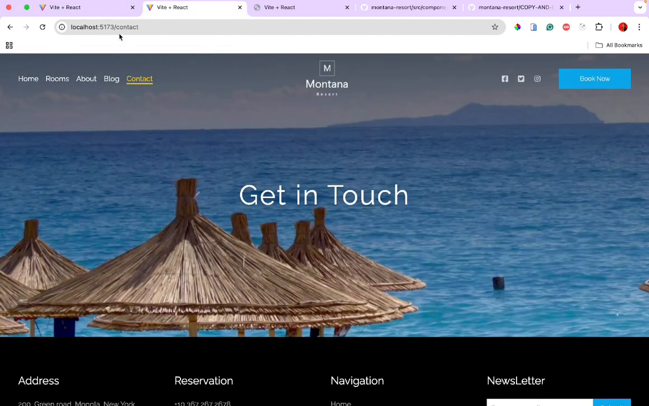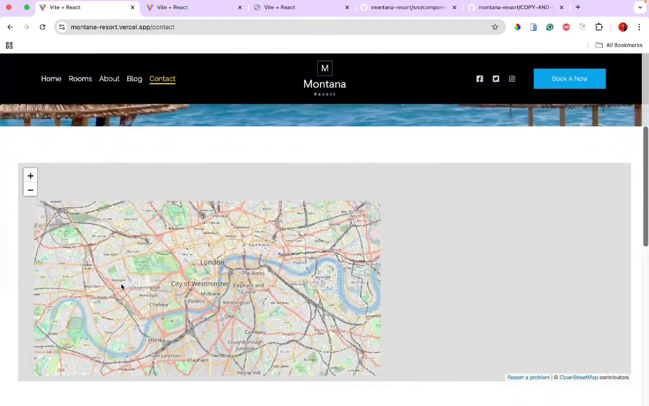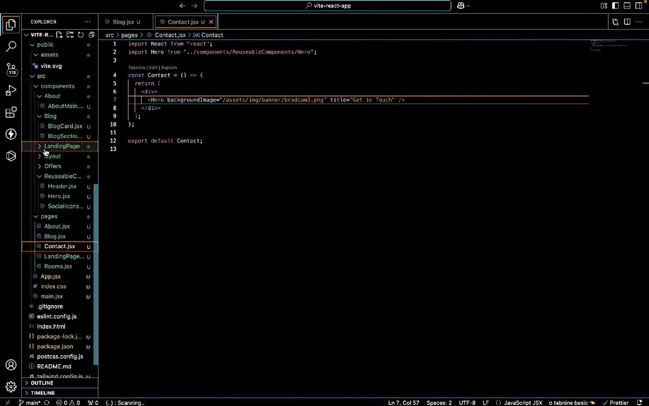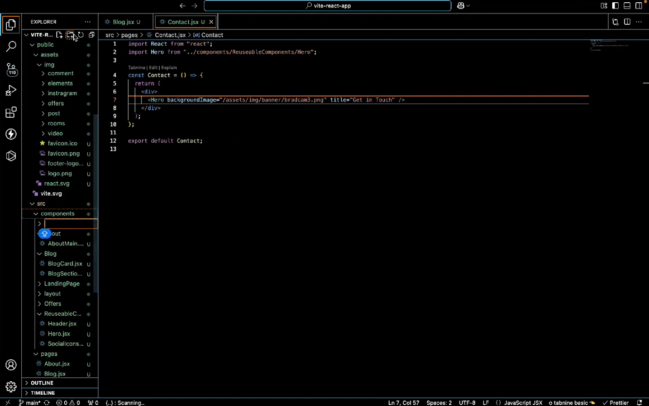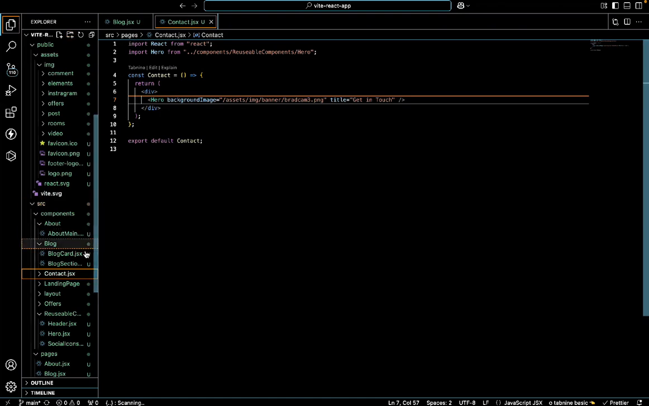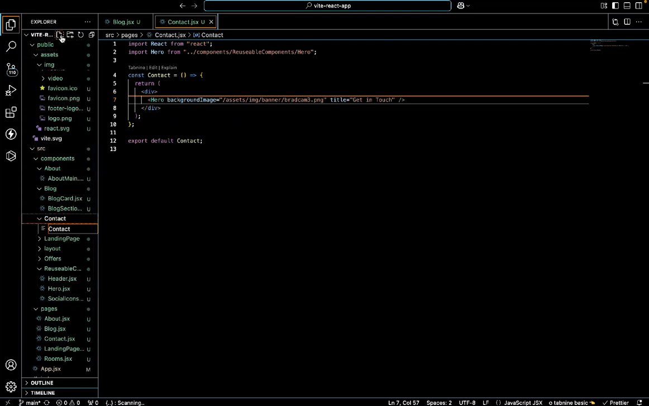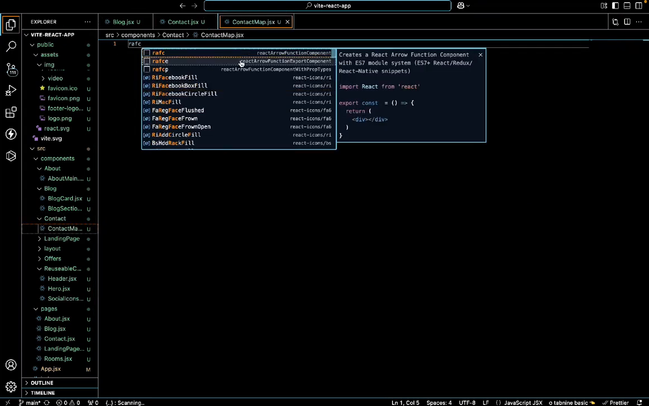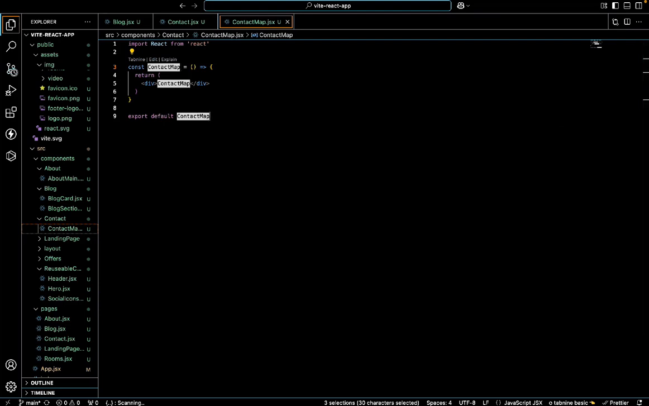The next thing is we want to bring this map. We come over here, and I think we want to create a folder for contacts. So contact.jsx. Contact. Here we want to create one for the map.jsx. RAFCE. So in the contact map,